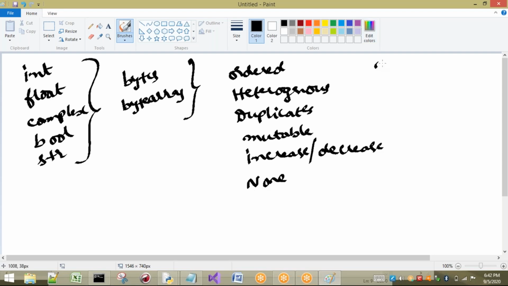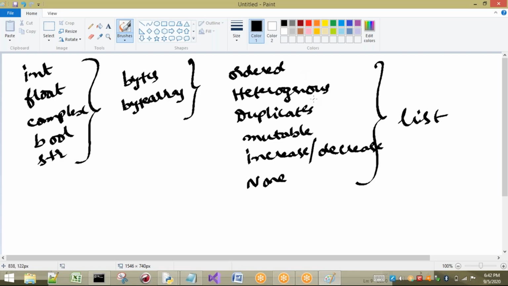So for which data type should I go? I have to go for the list data type. You have to remember all these points. Whatever data I have, if I store it somewhere, it should be arranged in the same order in which I inserted it. So insertion order should be preserved. Then I have to go for the list. Next, sir, if I am not going to bother about ordering, then there is another option, that is set. We will see it later.